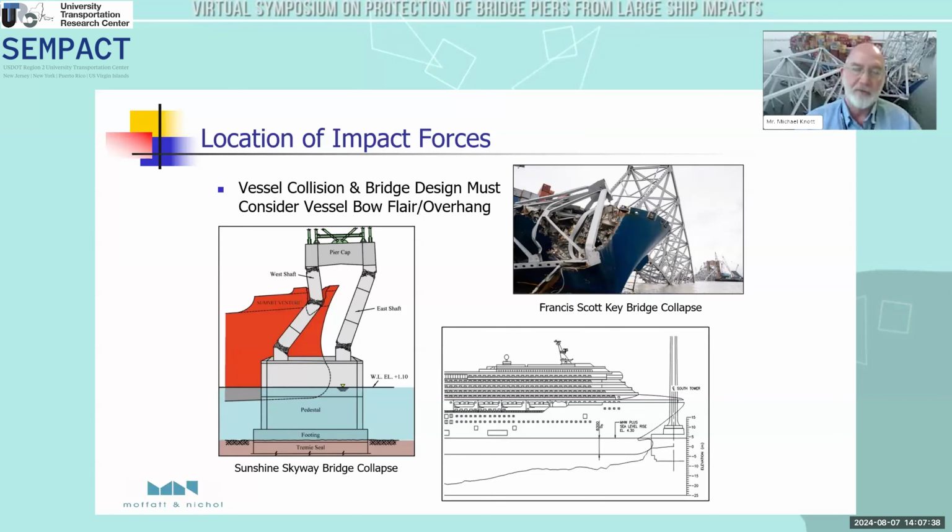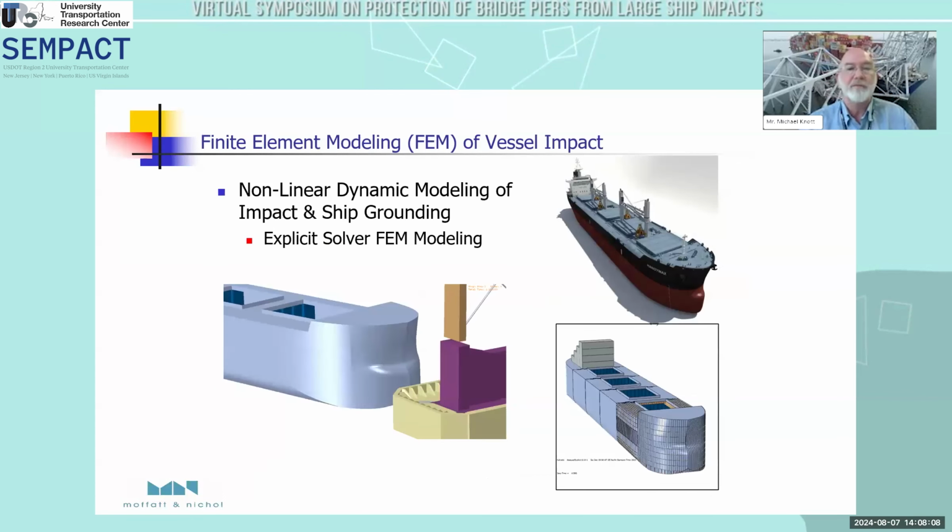The flare of the bow, which you can see in the upper right, contacted the weaker bridge pier, causing the superstructure to collapse. And then there may have been an impact of the portion of the ship bow underwater, but it was after the column had failed. To the bottom and lower right is an example of a cruise ship on a bridge pier, and again, the overhang of the bow is something that must be considered when developing protection alternatives for existing bridges.